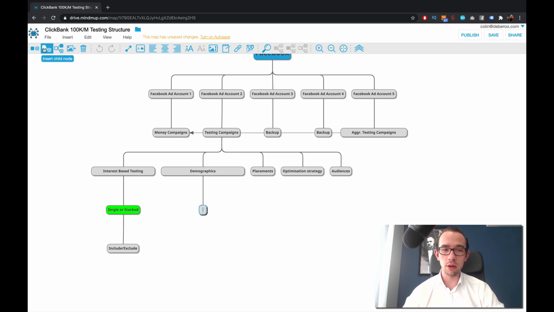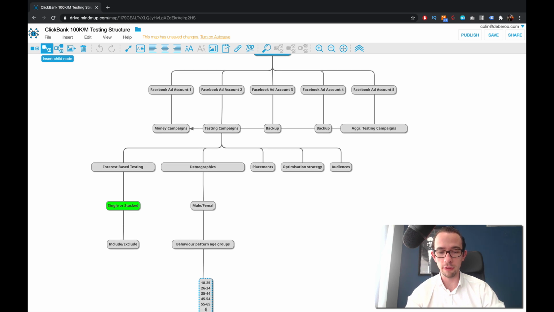So for the demographics, we have the initial one, male, female, and we have behavior pattern age groups. Very difficult word for something very easy, which is like 18 to 25, 26 to 34, 35 to 44, 45 to 54, 55 plus, or you could do 55 to 64, and then 65 plus. These are the general groups of media buying that we use to split up the audience